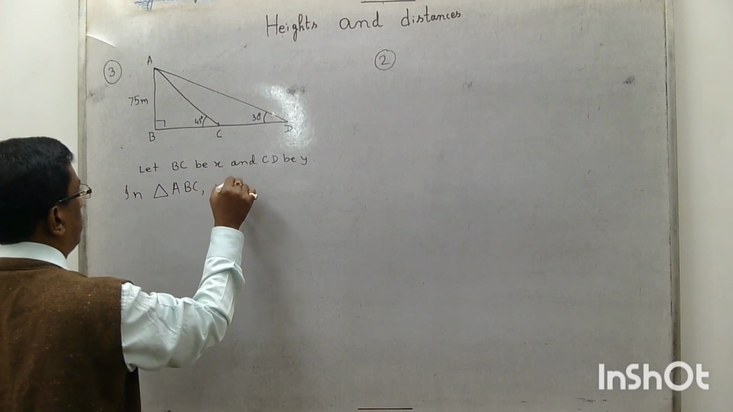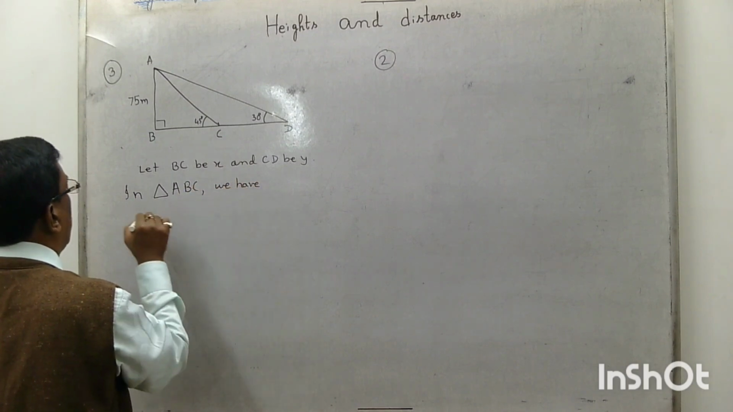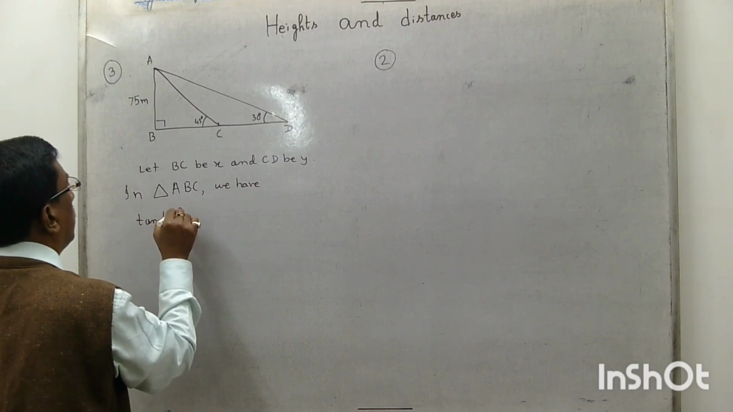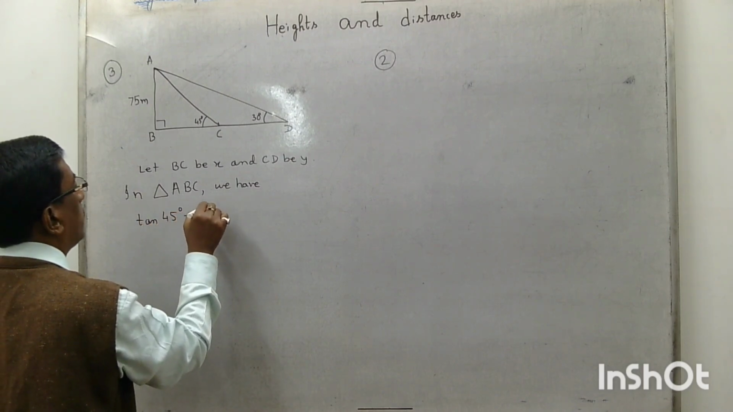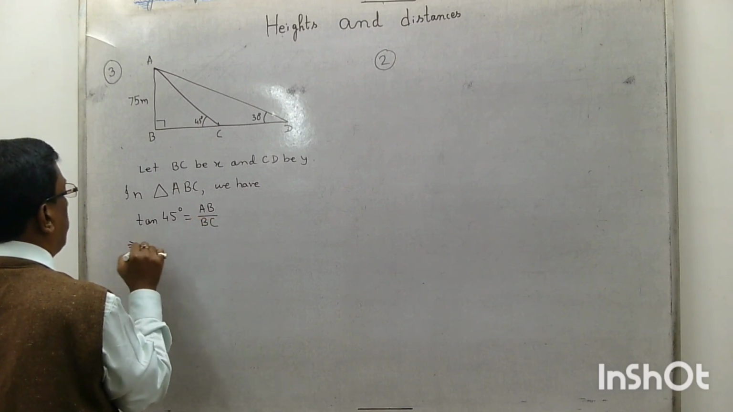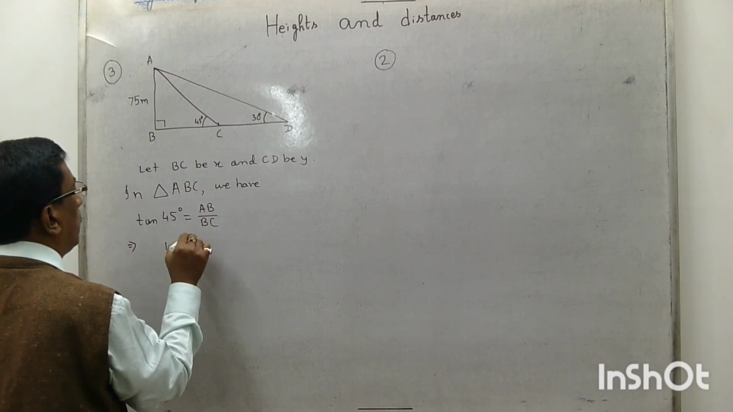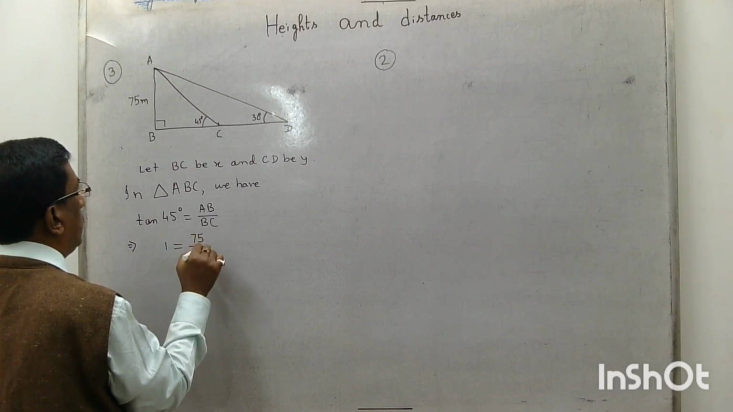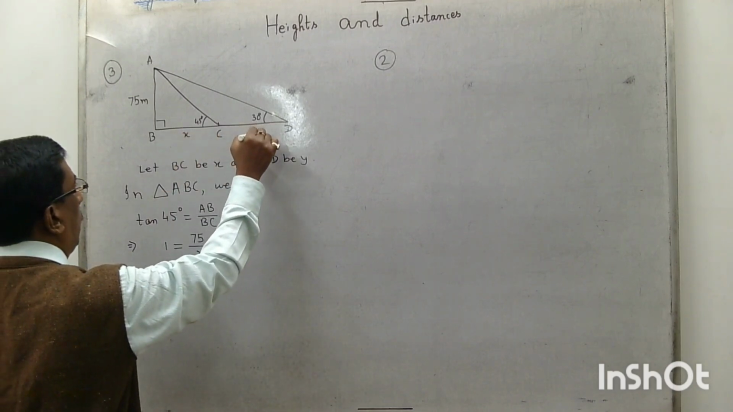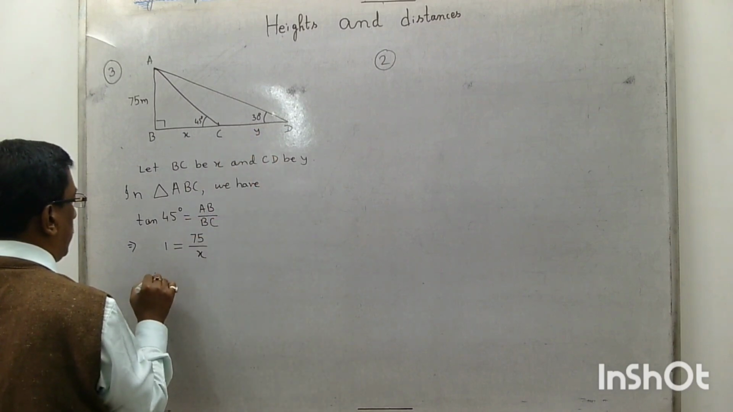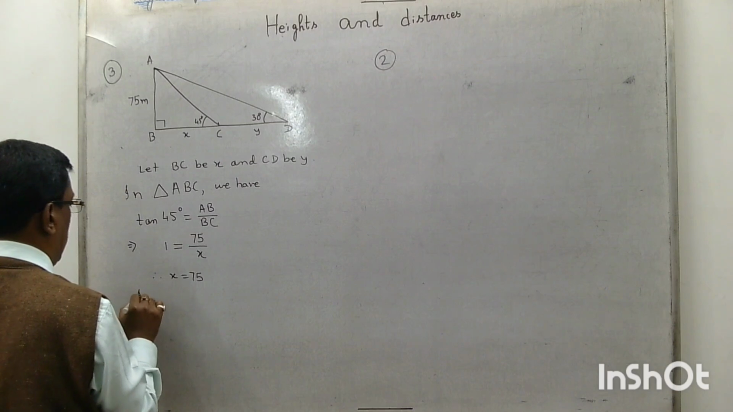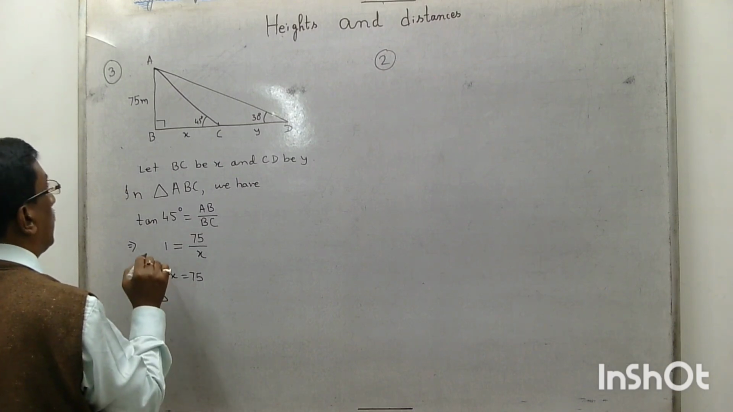We have tan 45 degree equal to AB by BC. That means 1 equal to 75 by X. This is X and this is Y. Therefore, X equals 75. In triangle ABD,